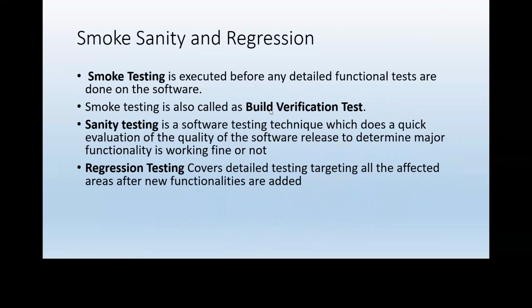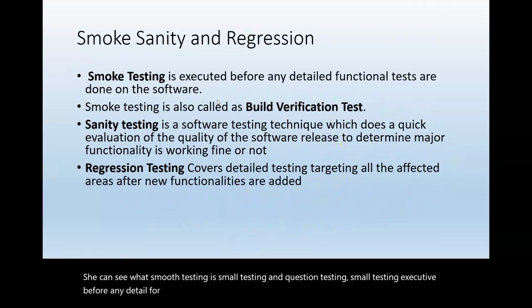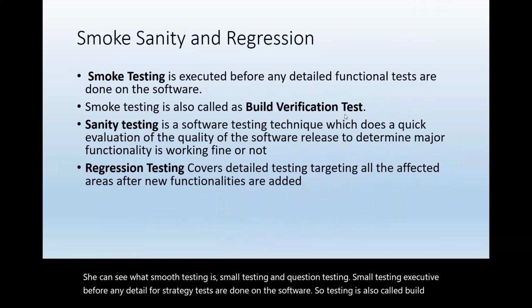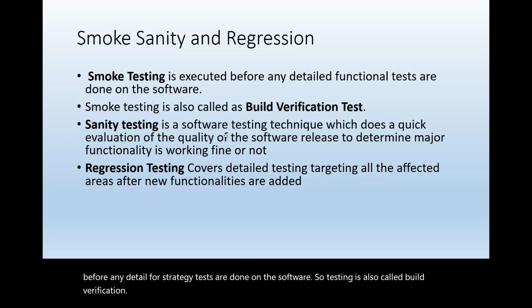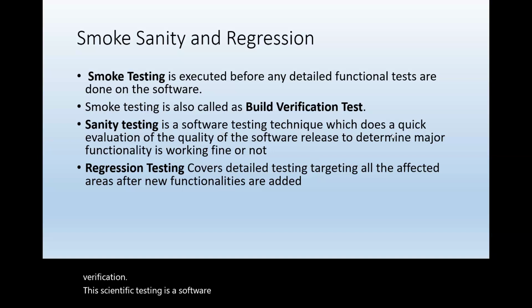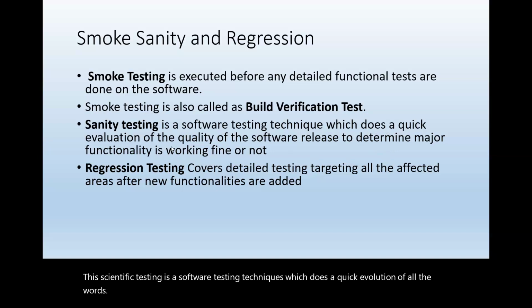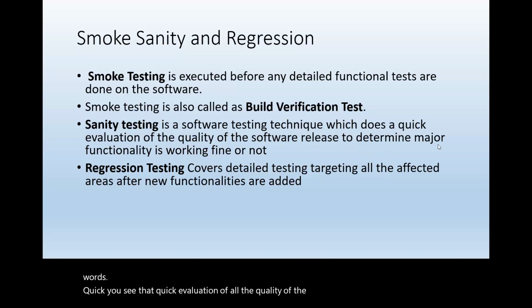So you can see what smoke testing is. Smoke testing and regression testing. Smoke testing is executed before any detailed functionality tests are done on the software. Smoke testing is also called build verification test. Sanity testing is a software testing technique which does a quick evaluation of the quality of the software released